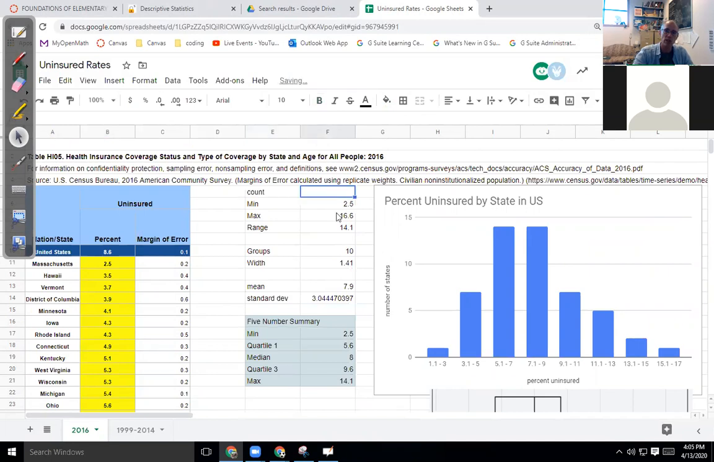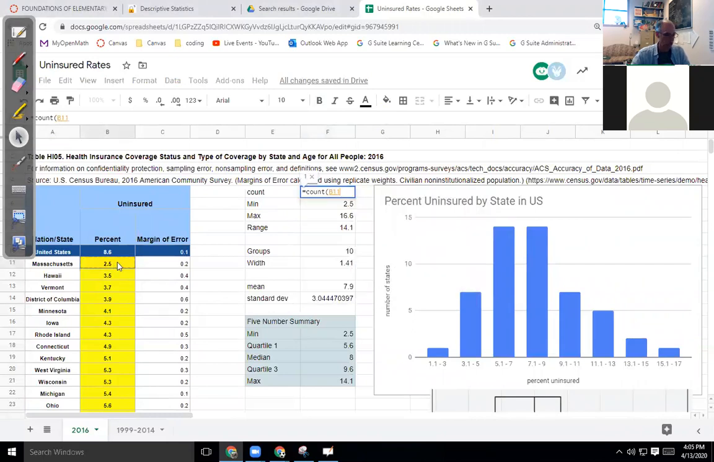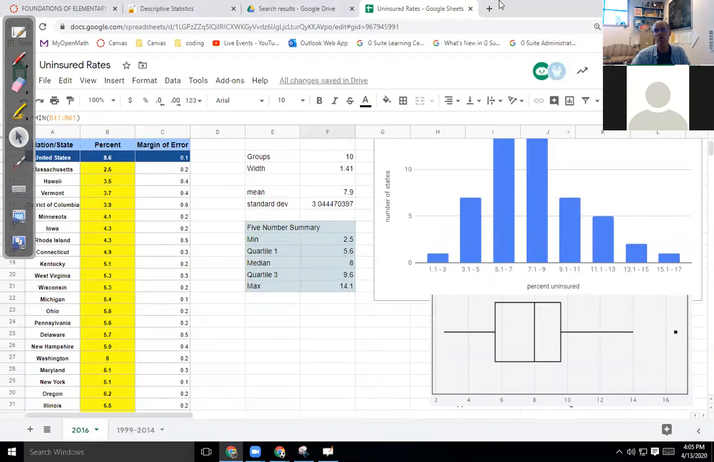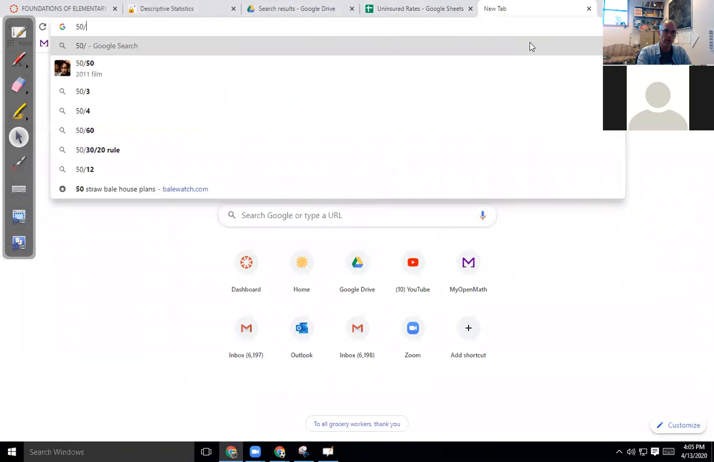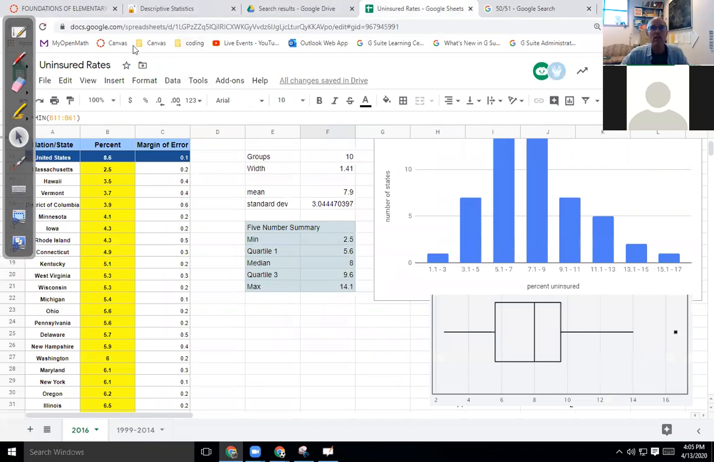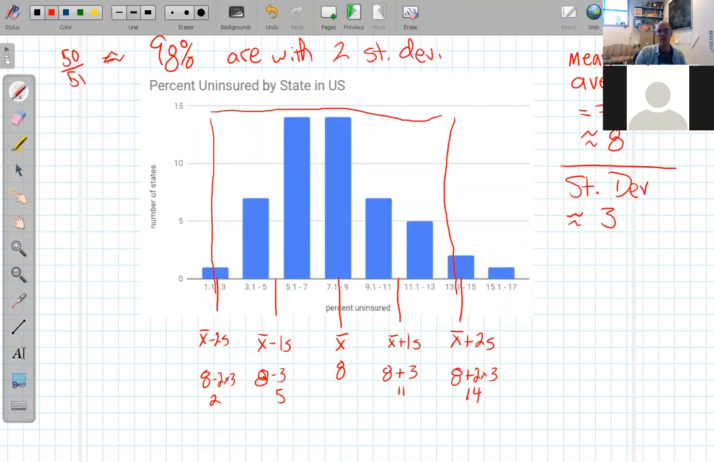Count. How many regions do I have? The US as a whole, 51. So I've got 50 out of 51. What percent is that? Lie within 2 standard deviations. 98%. So I have 98%. That was 50 out of 51 regions are within 2 standard deviations